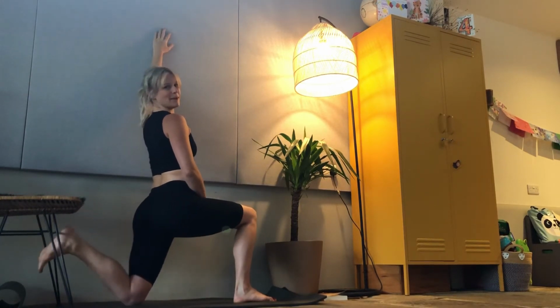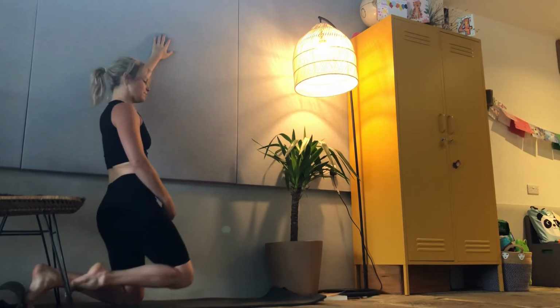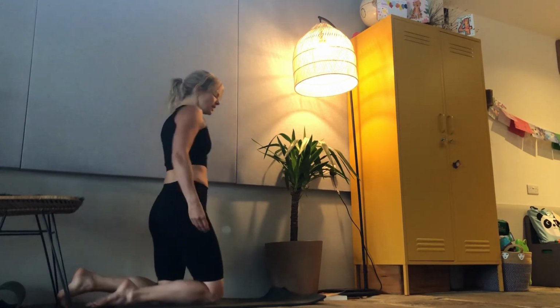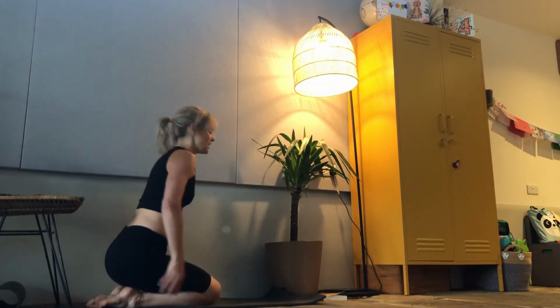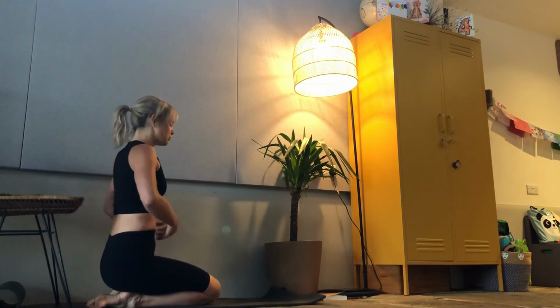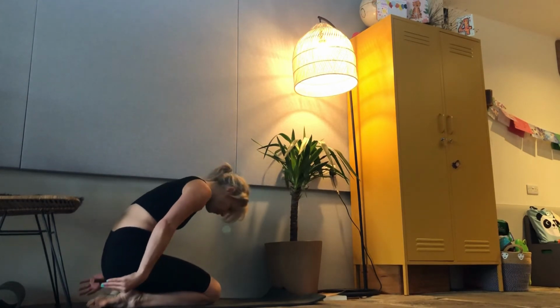Next comes child's pose. So you might recognise this movement. We're going to take our lordotic posture into the absolute opposite curve. So we're going to start in kneeling. And I want you to try and get your bottom onto your heels. That's really important. You're going to pull your belly button in towards your spine and you're going to fold over,